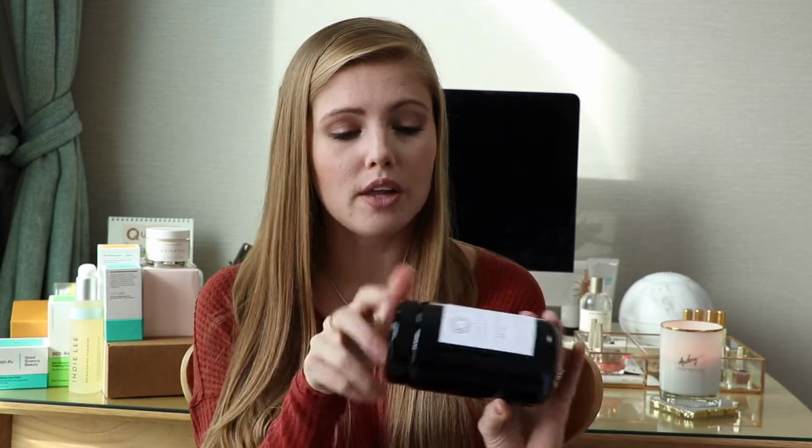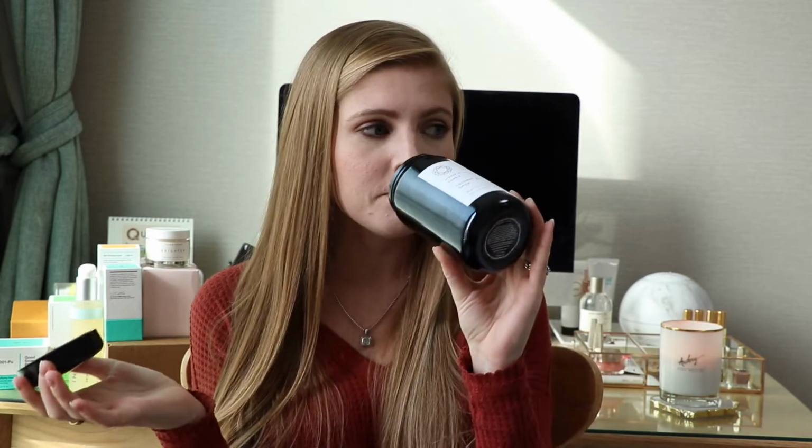But this is their new one, the Coconut Milk and Spice, and it smells like Christmas, like a spicy Christmas, like cinnamon and cardamom, and it's just really, really lovely. I'm not adequately telling you guys how it smells, but I don't even have to light this thing. I just open up the lid and it literally makes my entire room smell like